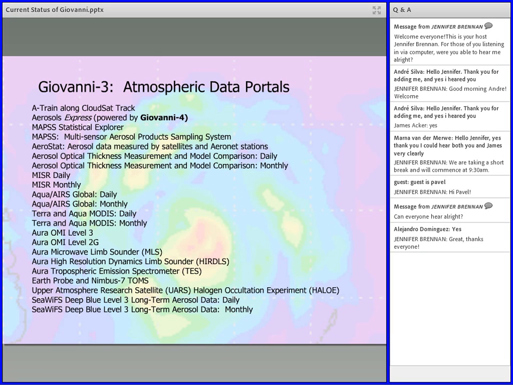And we have other ozone data, and we even have some historical data going back to the UARS era from HALOE. And one of the neat little unexpected but useful data products from SeaWiFS, which was designed to look at the oceans, was the fact that as they did atmospheric correction for ocean color, they also derived some pretty good aerosol data. And so we have data both daily and monthly from the SeaWiFS Deep Blue algorithm.